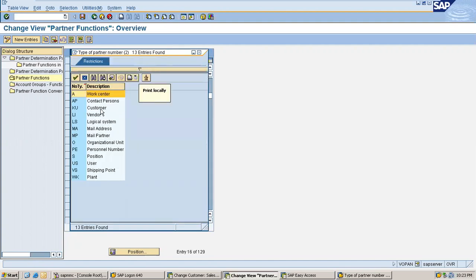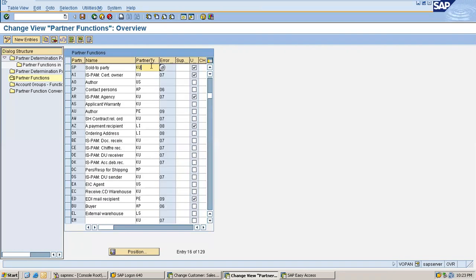Since our requirement is to create a customer, these partners are used in customer master. That is the reason it is KU here. KU means customer.